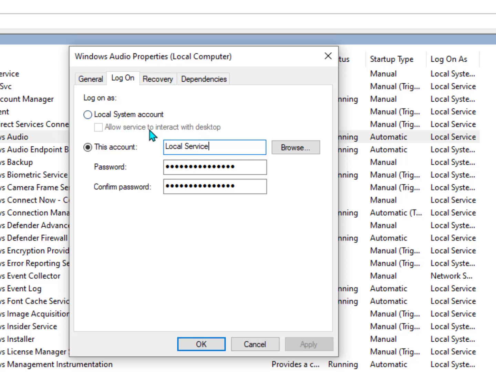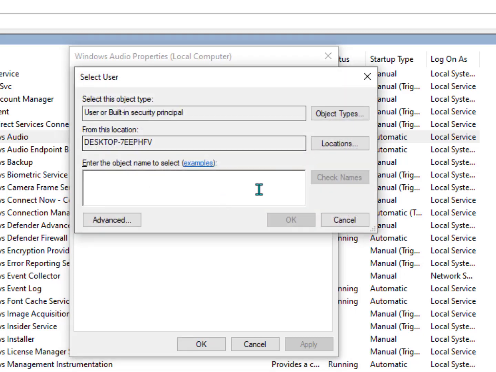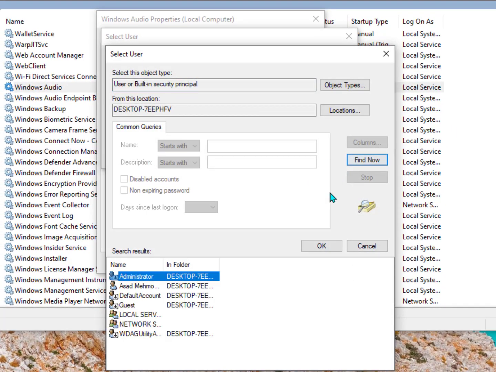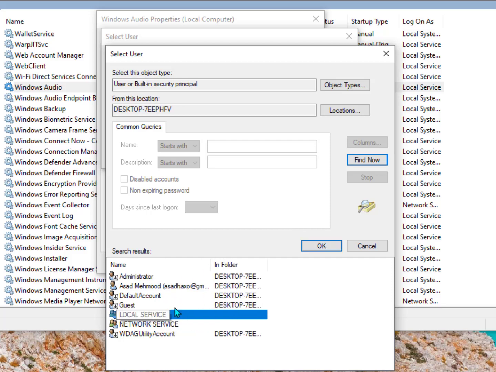But a lot of people were questioning that after applying this, it's running but not responding, so you need to select Local Service again. How can you select it? Simply click here on Browse, go into Advanced, again Find Now and select here Local Service, as you can see. Once you select this, click on OK.